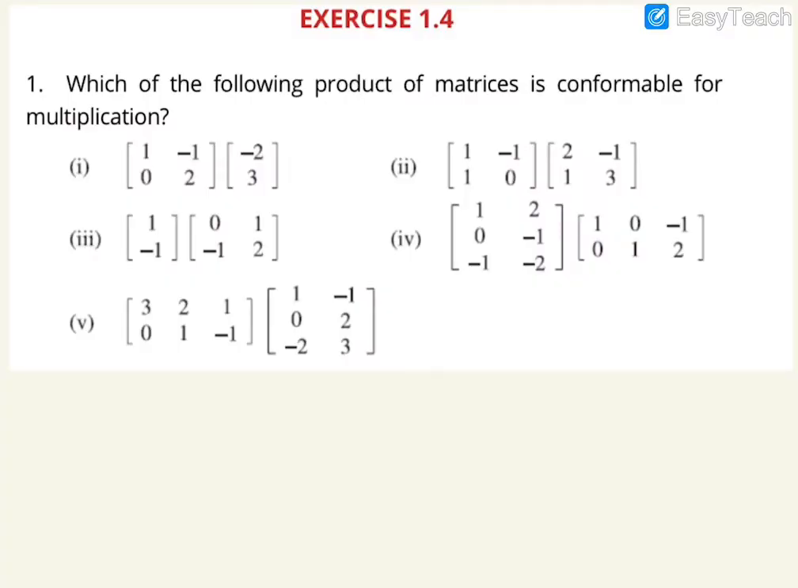Exercise 1.4, question number 1. Which of the following products of matrices is conformable for multiplication? You need to find the order of the matrices first. So what is the order of this one? 2 rows and 2 columns, 2 into 2. Write this order here. This is the first matrix, and the second matrix has order 2 rows and 1 column, 2 into 1. Write this one here, 2 into 1. So here you can see the number of columns of the first matrix is equal to the number of rows of the second, this is the condition,